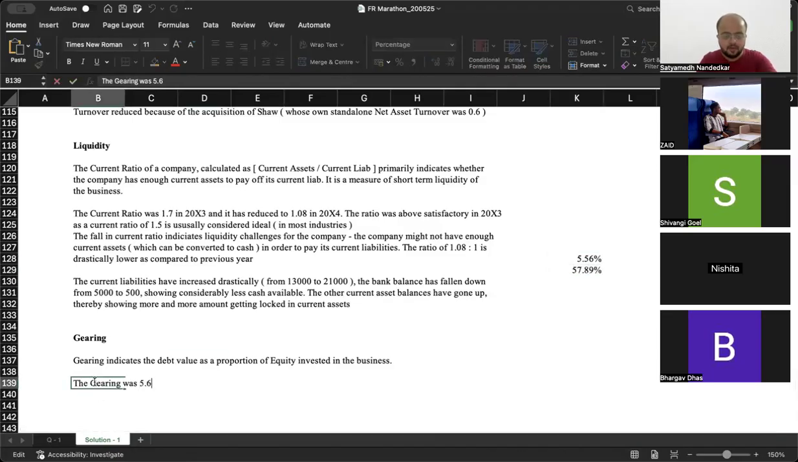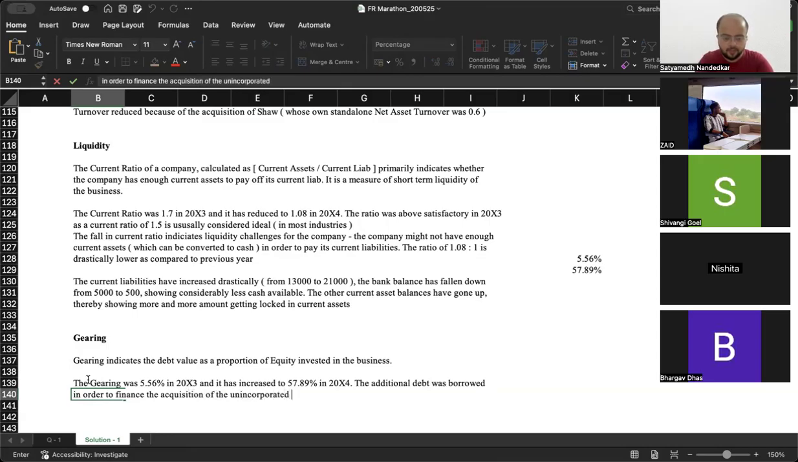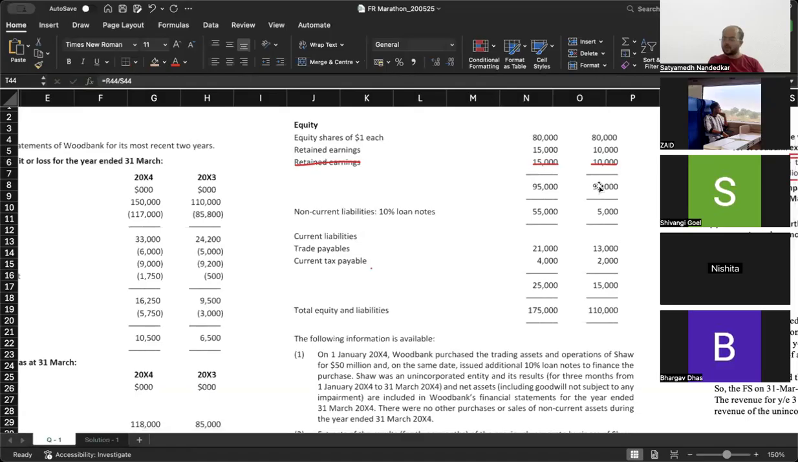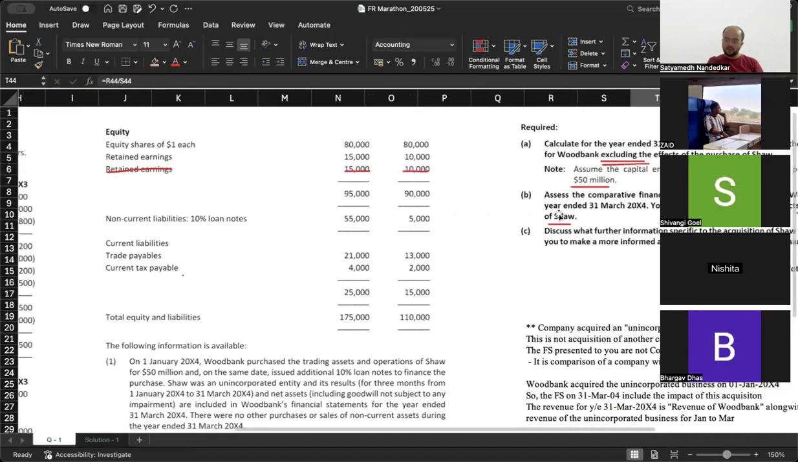The gearing was 5.56% in 2003, and it has increased to 57.89% in 2004. The additional debt was borrowed in order to finance the acquisition of the unincorporated business. ये जो 50,000 का आपका गियरिंग इंक्रीज हुआ, सॉरी 50,000 का डेट इंक्रीज हुआ from 5,000 to 55,000,